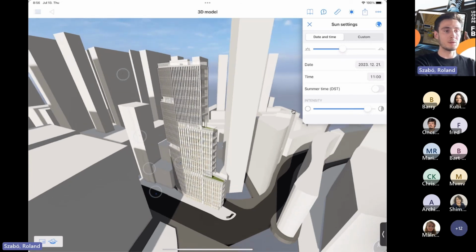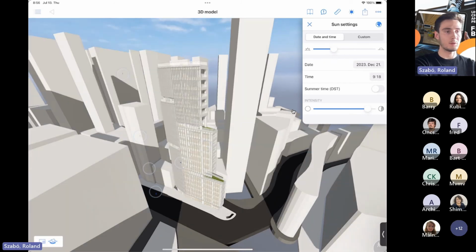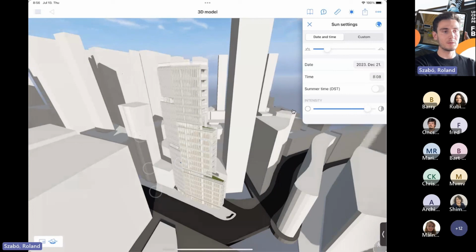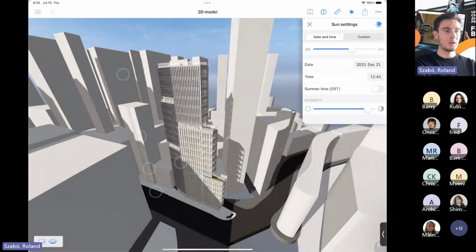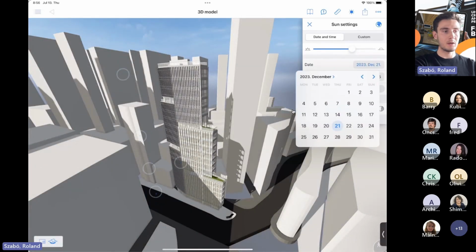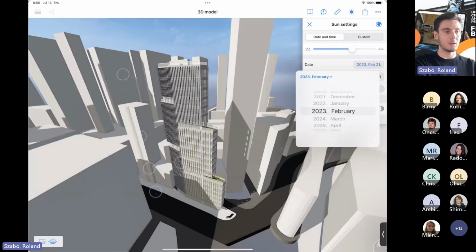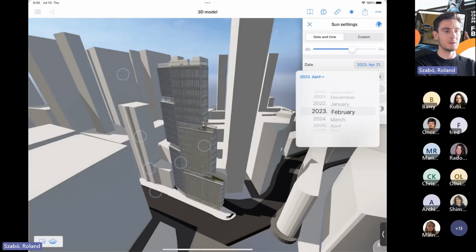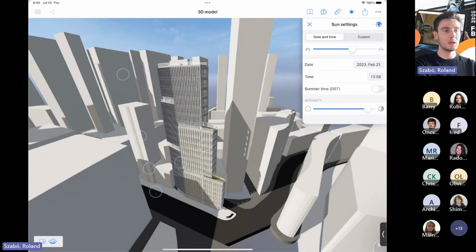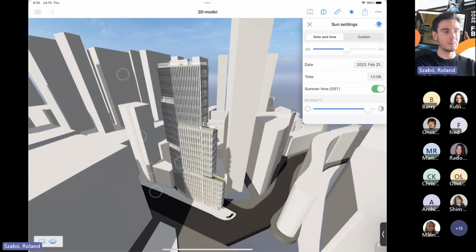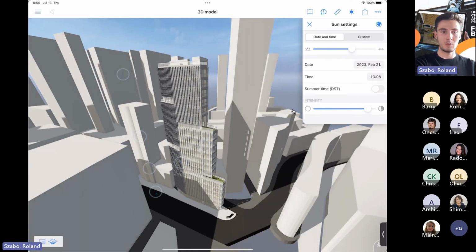It shows you accurate sun positioning, so you can see the sun moving from sunrise to sunset. You can change the date from this date picker, change the months, and as you can see, BIMx aligns the sun positioning immediately. You can enable the summertime toggle for an additional 1 hour daylight saving, and of course adjust the